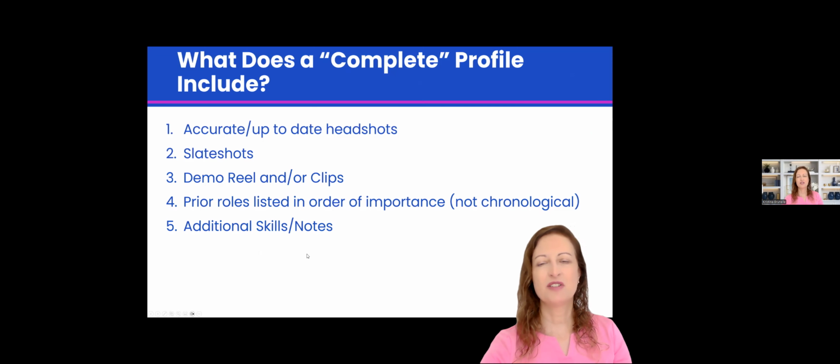And then additional skills or notes. There's a place where you can tick off all their little check boxes to offer all the skills that your child might have, and don't lie about their skills. Okay. If they can't reliably repeat a skill on camera, on set, then don't list that skill,